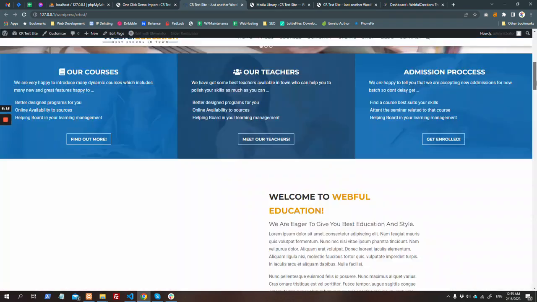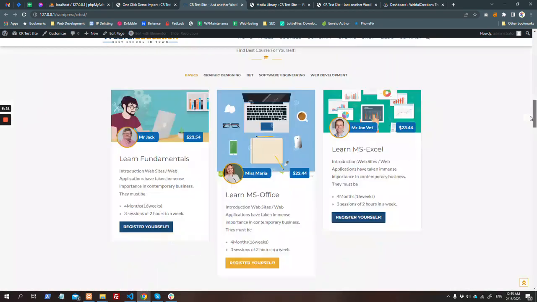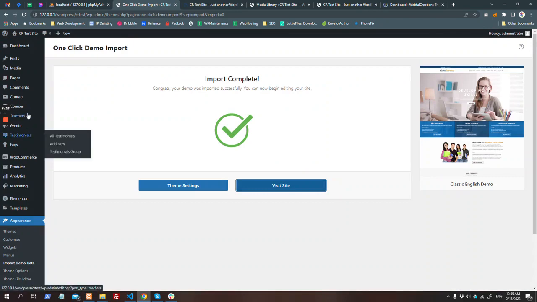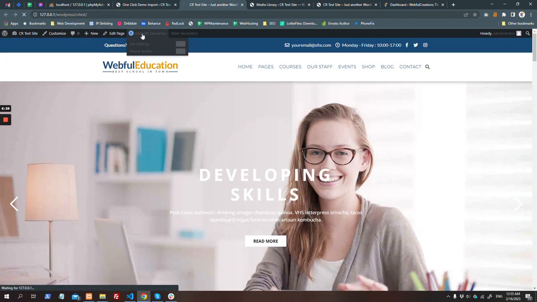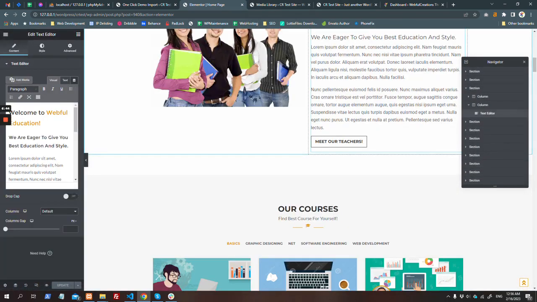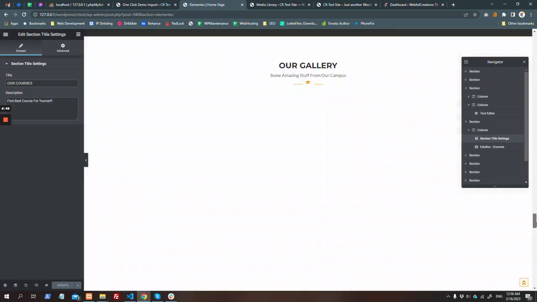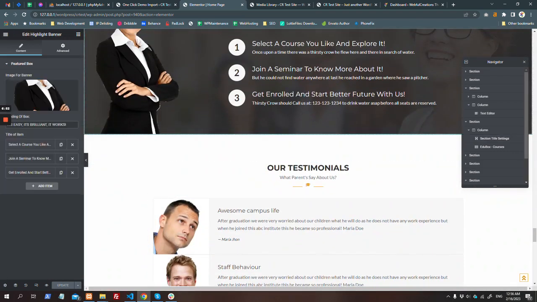Now what you can do, quick advice, just go to courses, edit them, and to edit a page, just click here, edit with Elementor, and you can edit any page you want and anything on that page. Like this, or this. Alright,